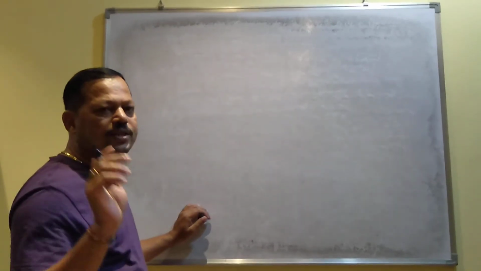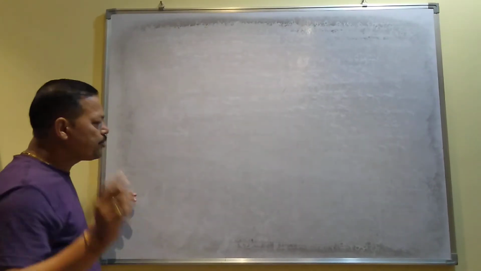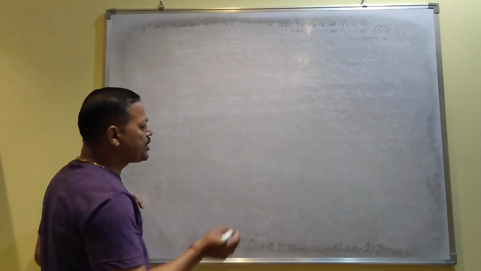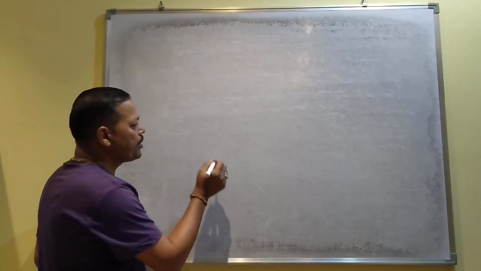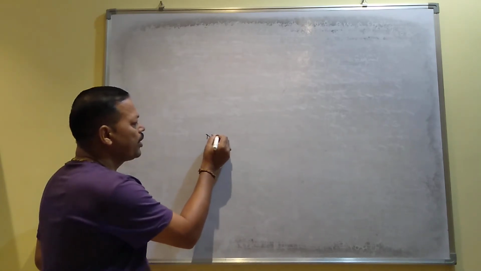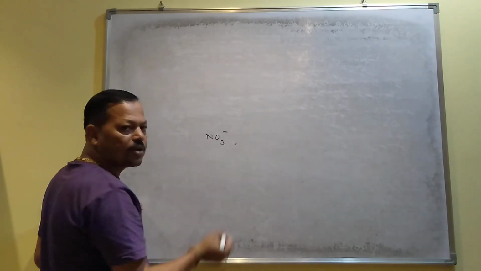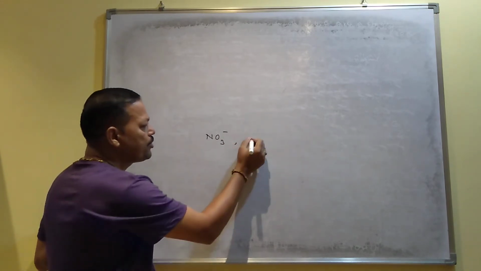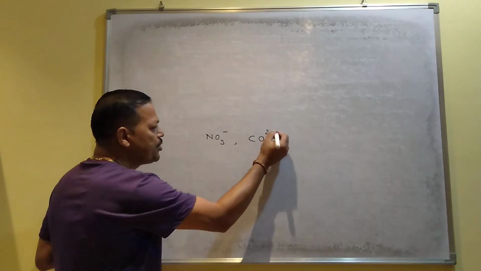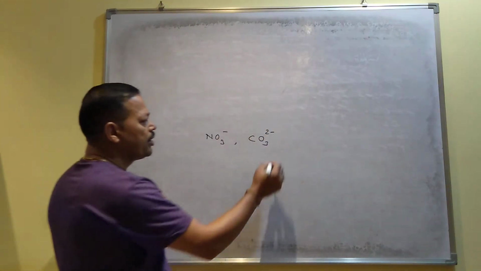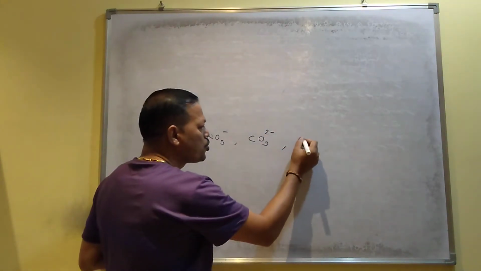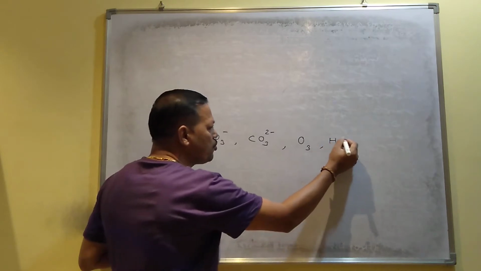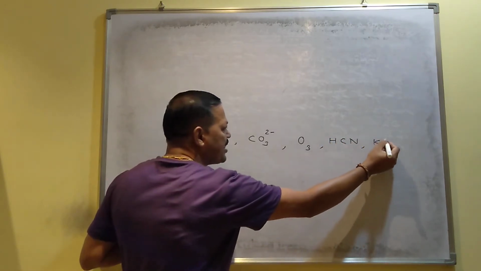So electron dot picture you will get in exam, and you try to draw the electron dot picture of this molecule. You try to draw NO3 minus ion, which is called nitrate ion. You try to draw carbonate ion, CO3 2 minus. You try to draw ozone molecule. You try to draw HCN, KCN,